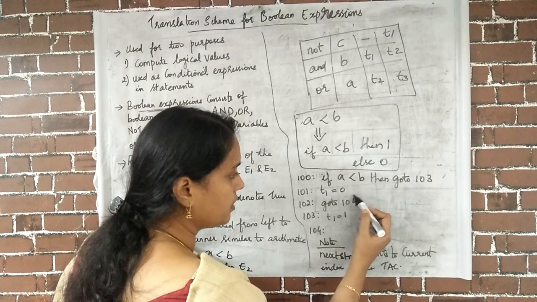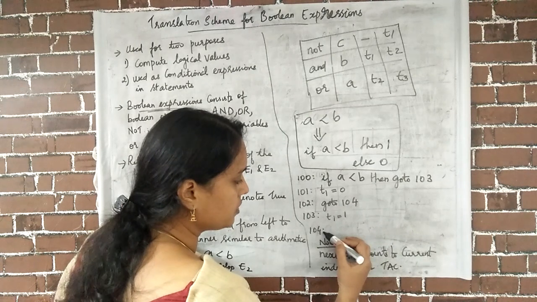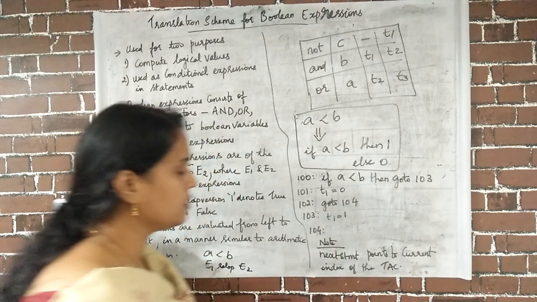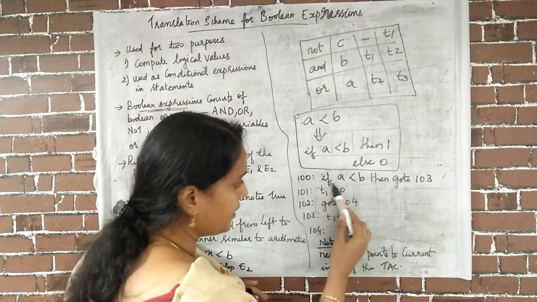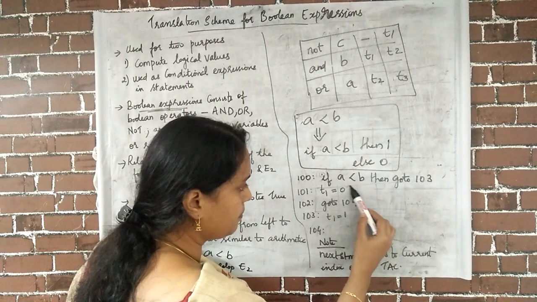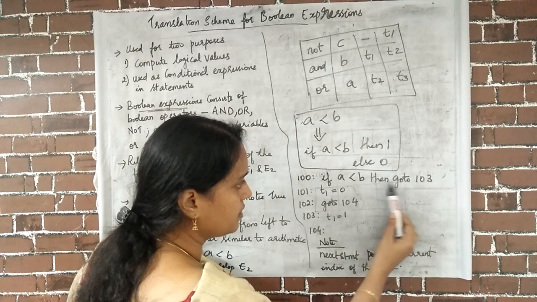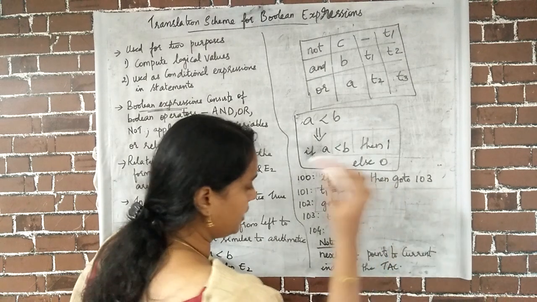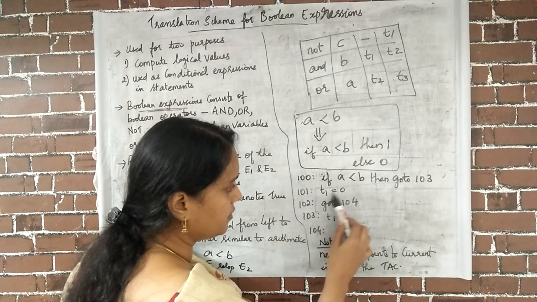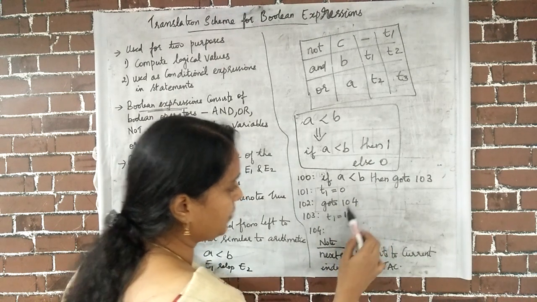After this is executed, it has to skip the next statement. Therefore, it has to go to position 104, right? That's why we have given go to 104. So once again, I'll explain this. If the condition is true, then it has to skip these two statements and reach 103, that is, go to 103. If the condition is false, it will go to the next statement, T1 is equal to 0, and after executing this, it should skip this step.